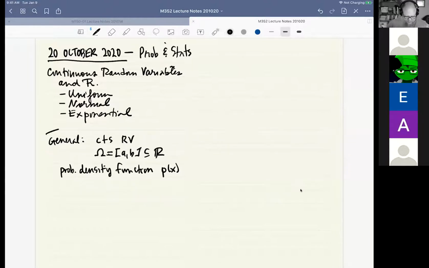P of x, and it has the property that P of x is always bigger than or equal to 0 for any x in your sample space, and that the integral from minus infinity to infinity of P of x dx is 1. And so